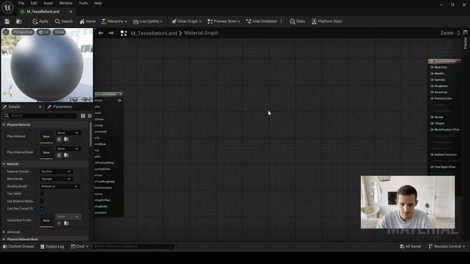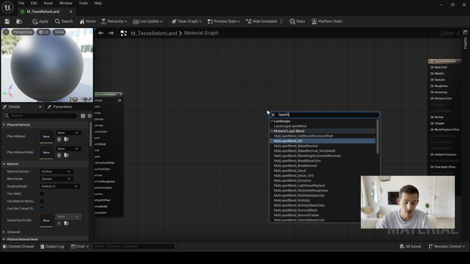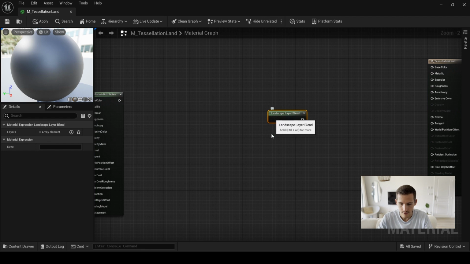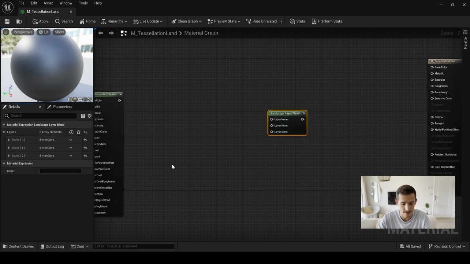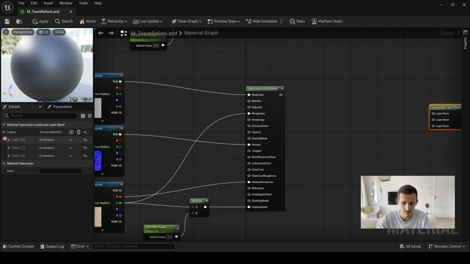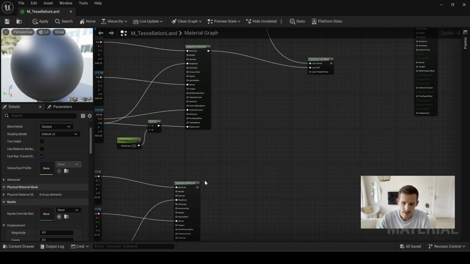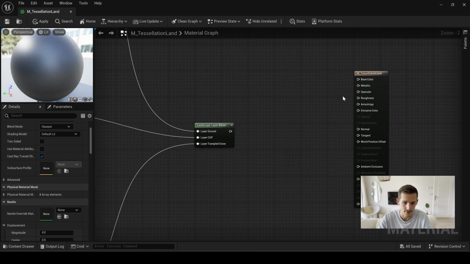Last intermediate step is to add the node Landscape Layer Blend. This will help us connect everything in one place with just one output. And of course, this is a system we need to create layers that we will paint afterward directly in our landscape. Just add an array element for as many material layers as you want in its details panel. Final step, you see that we have one output facing multiple inputs in the final output result.